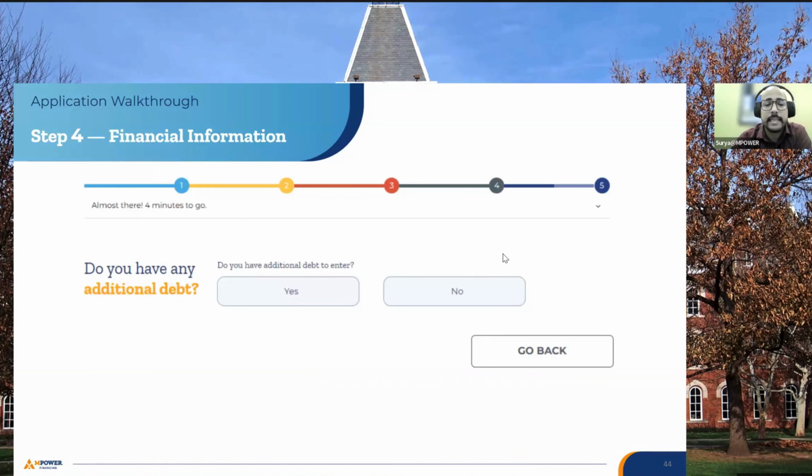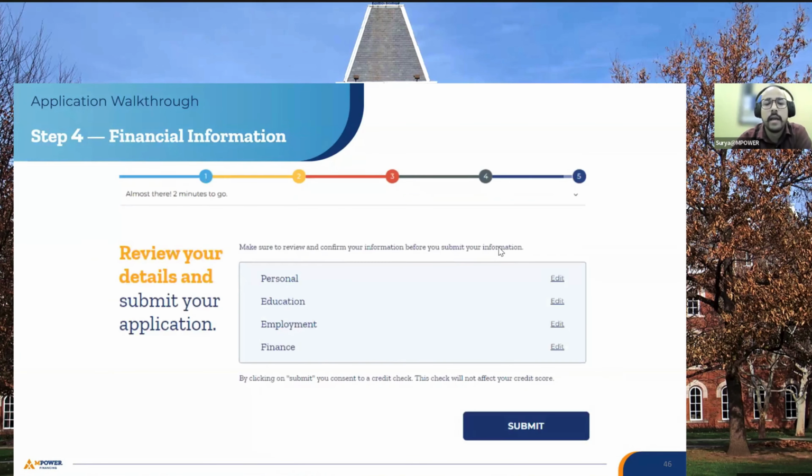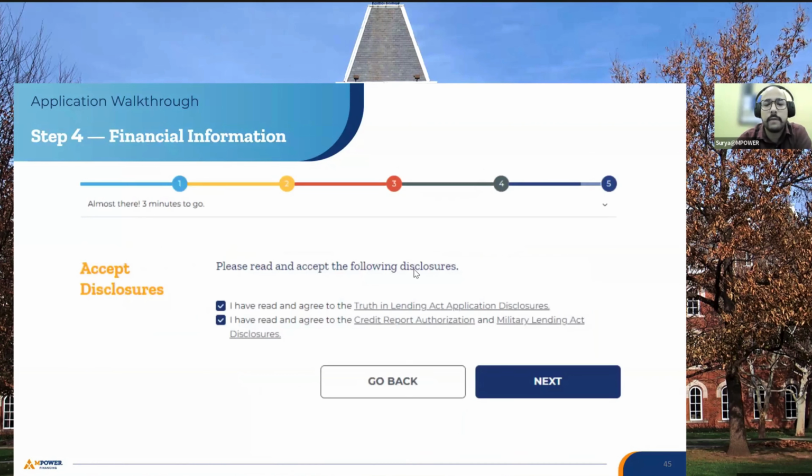If you have any existing debt, meaning an additional student loan, any existing personal loans, or any kind of education loan, please do not forget to provide those details. We would also require the relevant documents to verify the same. Once these are done, we would ask you to give us your consent regarding the Truth in Lending Act disclosure, followed by the credit report authorizations. At MPOWER, we definitely go through your credit history.